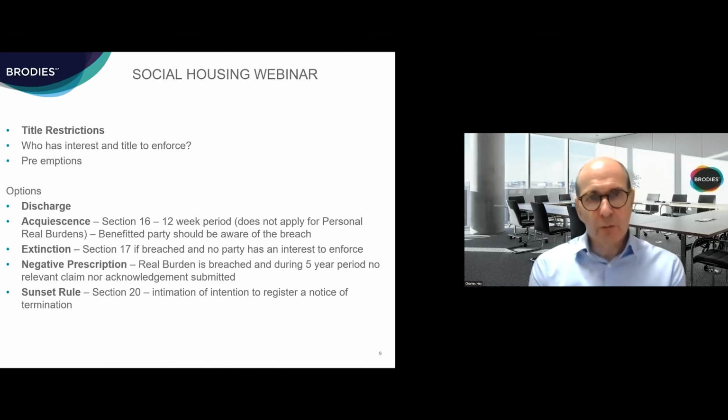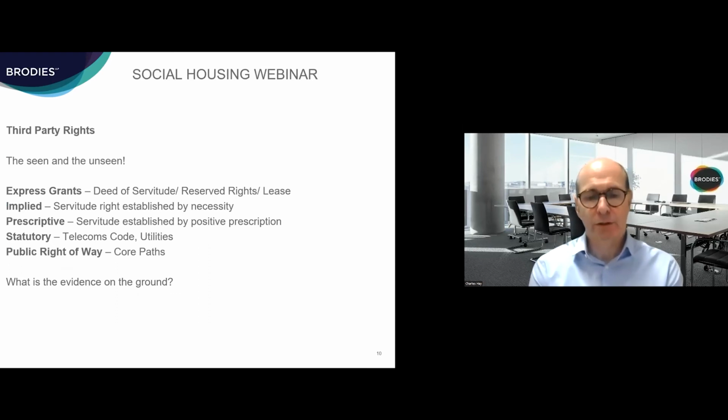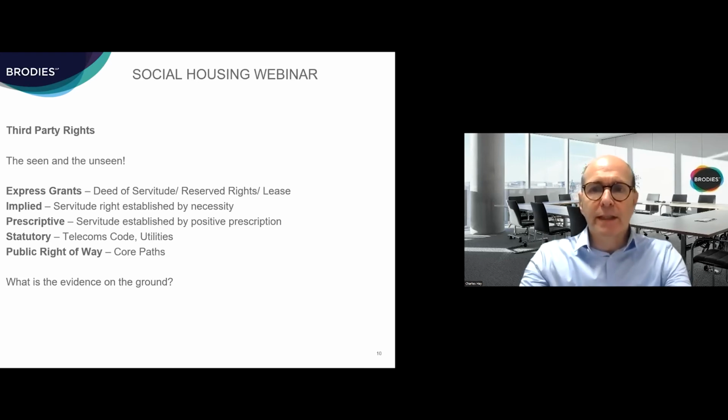Going on to another form of restriction, if we go on to the next slide. This is to do with third-party rights that affect the site. So these are rights which a third party has in respect of the site that you're looking to acquire, which again can potentially cause an issue, an obstruction with regard to your proposed development. Now, these can take the form of those which are ex facie valid, and there's those which can take the form of